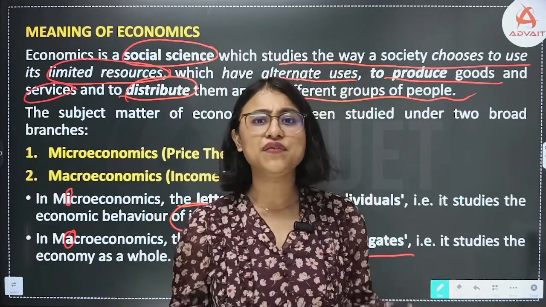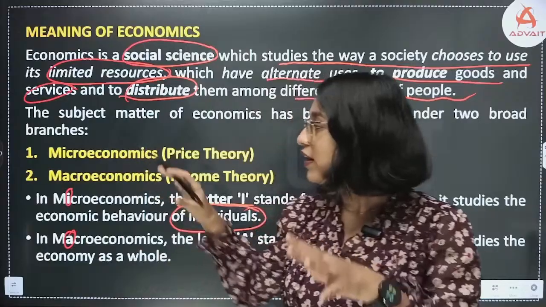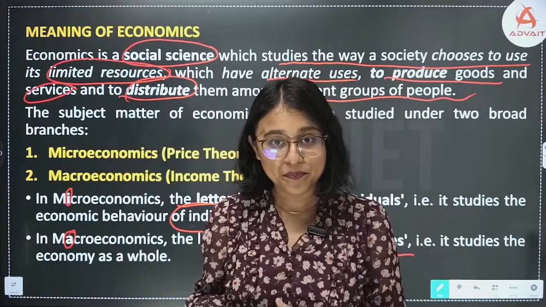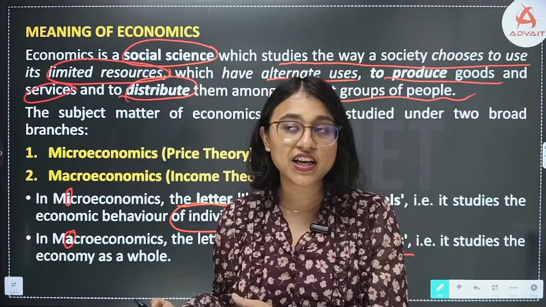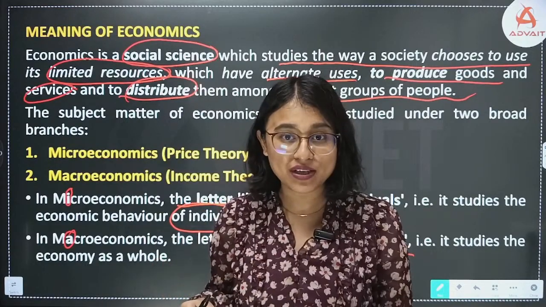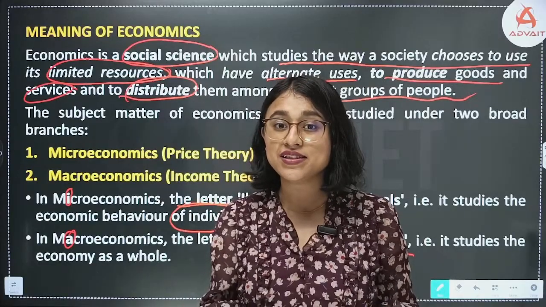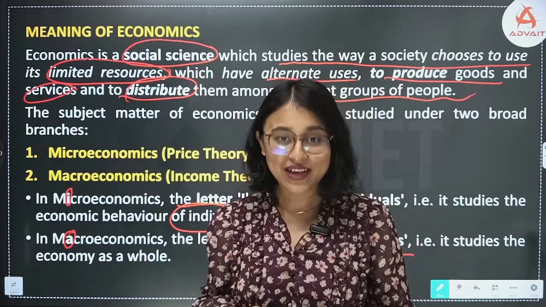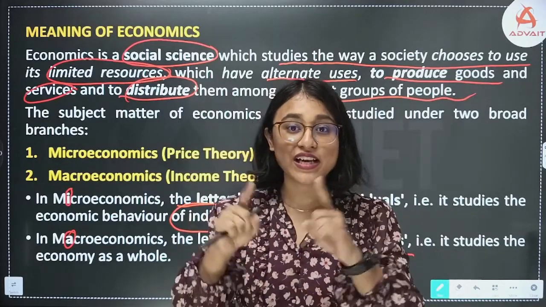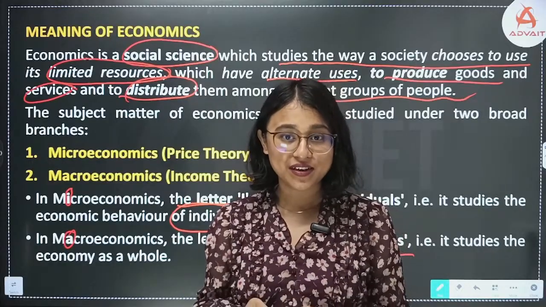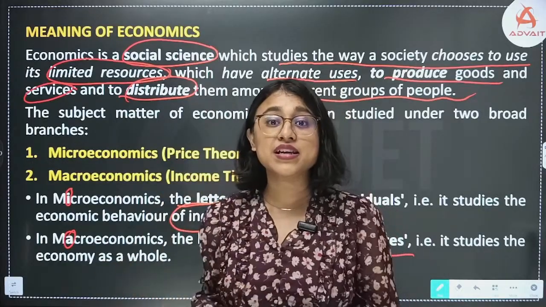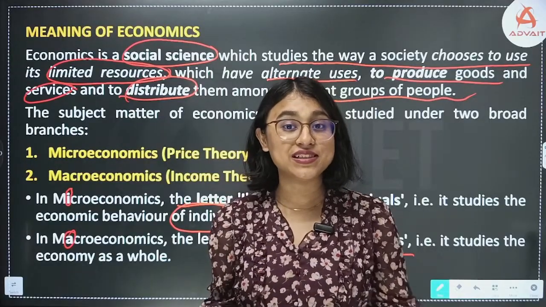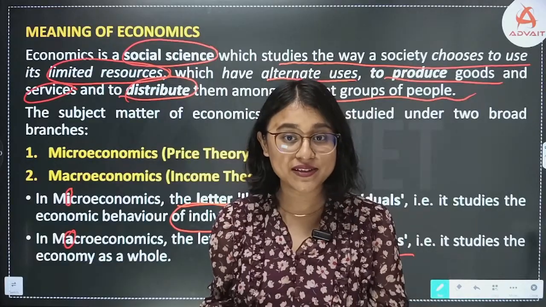Let me give you an example. For instance, microeconomics studies individual income. Microeconomics studies individual employment. But macroeconomics studies national income, right? Macroeconomics studies national output, national employment, right? Like microeconomics studies the concept of demand, supply. Macroeconomics studies the concept of aggregate demand, aggregate supply, right?